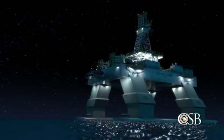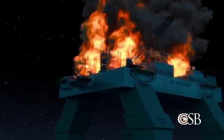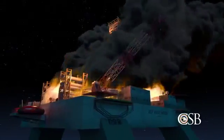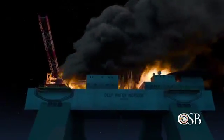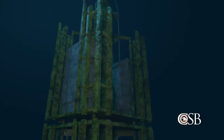At approximately 9:49 p.m., the flammable hydrocarbons found an ignition source, and the first explosions shook the Deepwater Horizon. With the drill pipe buckled, the explosion and subsequent loss of electrical and hydraulic power from the rig likely activated an automated system on the blowout preventer known as the AMF deadman, which closes the blind shear ram and cuts the drill pipe. This emergency system is designed to activate when electric power, hydraulic pressure, and communications from the rig